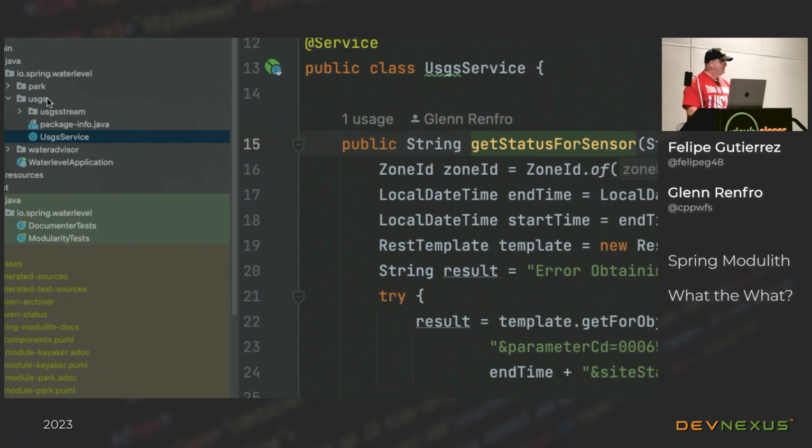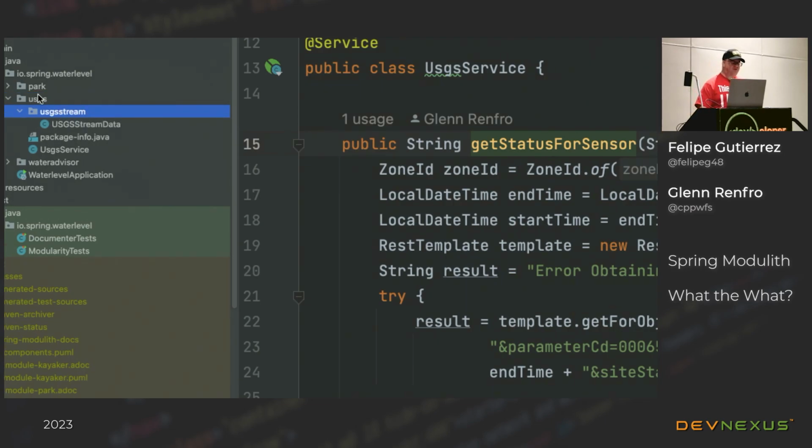But the other thing that I wanted you to be able to see is, for the USGS module, remember, any package that's directly under the base directory or the base package is a module. So I'm going to start referring to Park, USGS, and Water Advisor as modules. But under the USGS module, I have a USGS stream package.